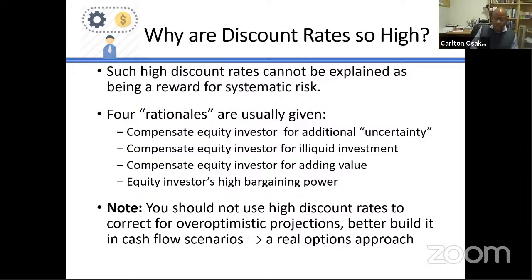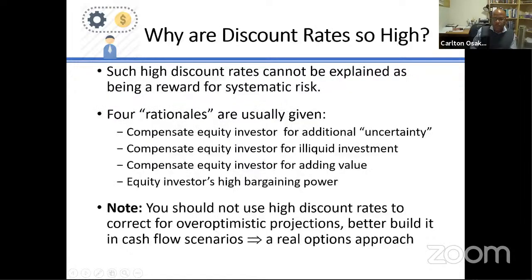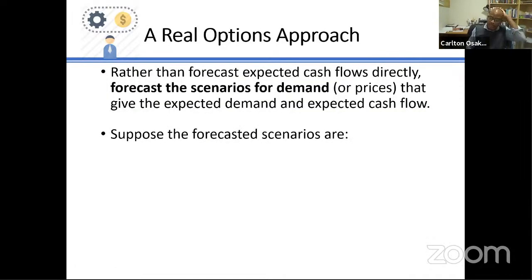And so we've seen then that the discounted cash flow method has a value of 2.7 million here. The real options method is what we'll take a look at now. The first step of the real options method is to forecast what the different scenarios will be in the future, rather than look at just one possible expected scenario. So you essentially have a distribution of what could happen in the future. And usually it's a binomial distribution that expands out.